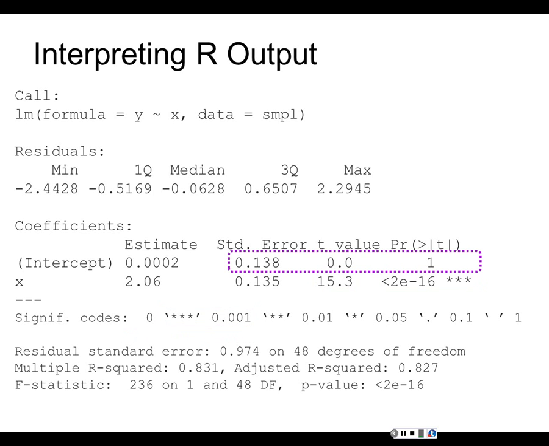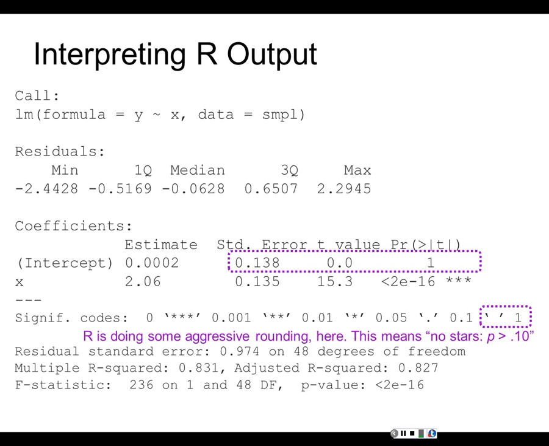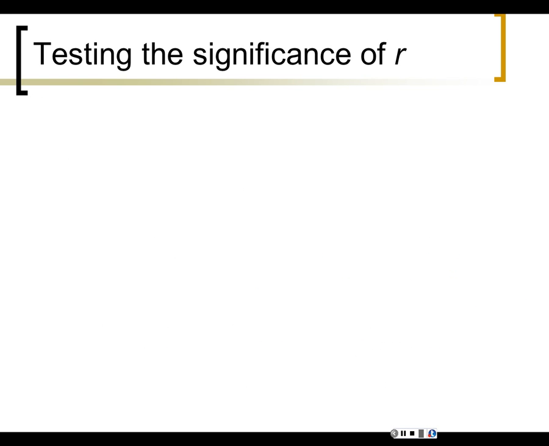So there's also a test for A, but we don't really care. I mean, in this case, the line must have gone pretty close to the 0 point, and so it wasn't statistically significantly different from 0, the y-intercept, but we don't usually care. And notice that the legend even tells us what blank means. Blank means 1, which is R's way of telling us no stars, greater than 0.10 or something. So anyway,